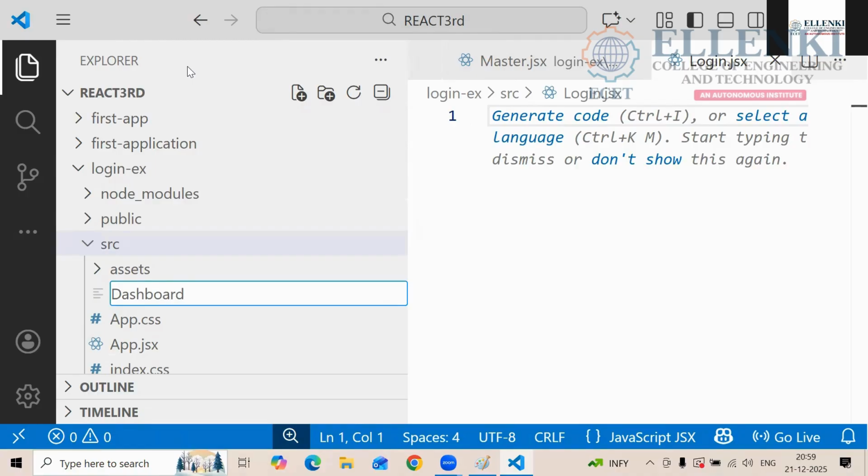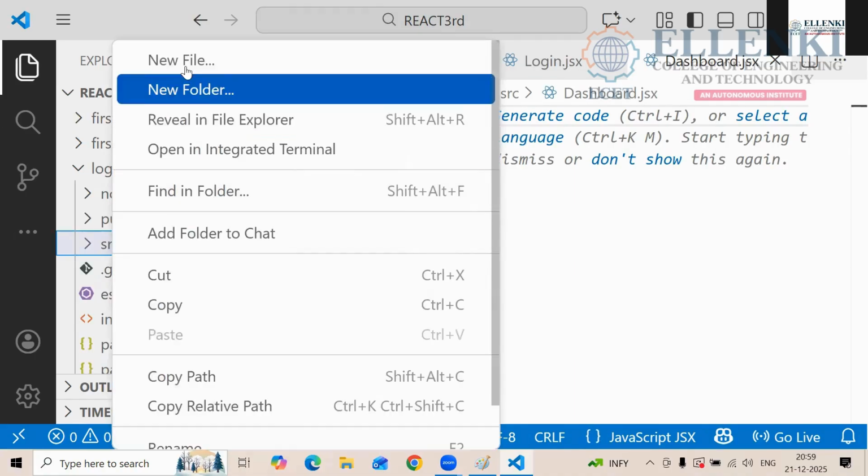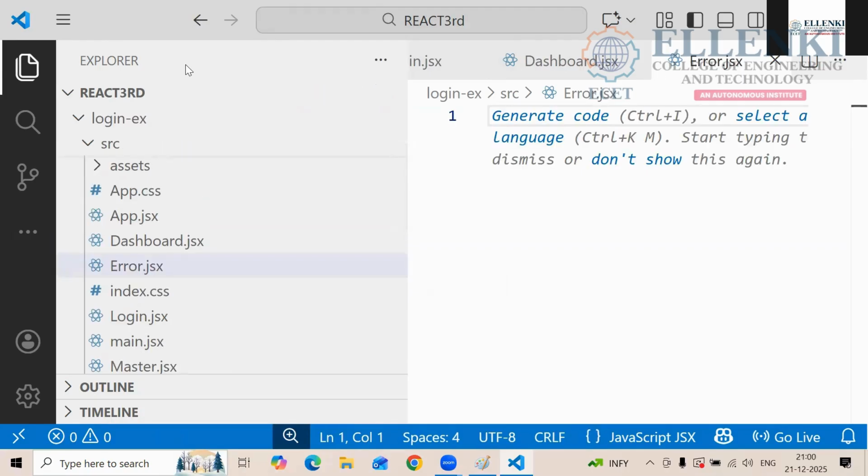DASHBOARD. Dashboard.jsx. Later, where do I have to go here? New file again. Which one? Error page. Error.jsx. Now we created four files. Master also is there: Master, Login, Error, Dashboard.